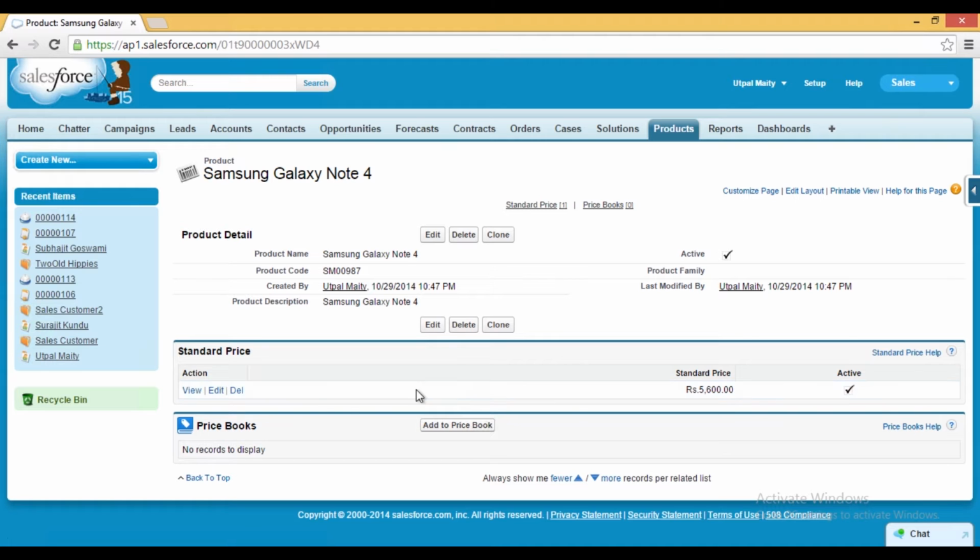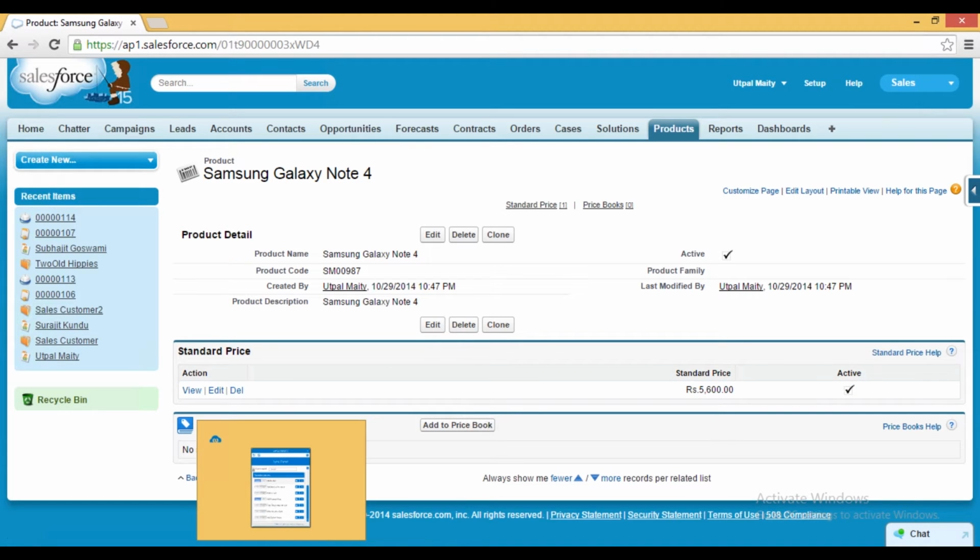Apart from that, as we know, Salesforce CRM has an option called price books. So price books provide us different kinds of pricing for different types of customers depending on their customer groups. So what we can do, we can map the price lists of SAP Business One with the price books defined in the Salesforce CRM. So this option is also there. So if I'd like to upload price for the price book,